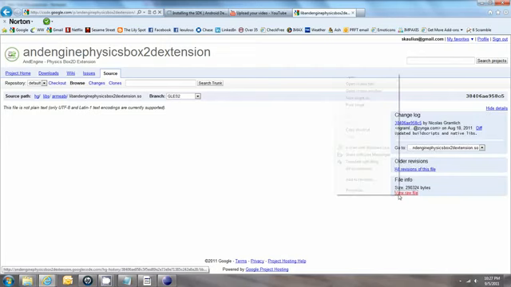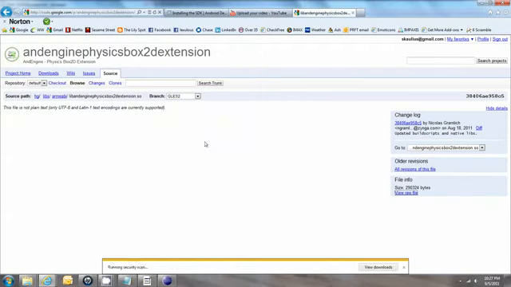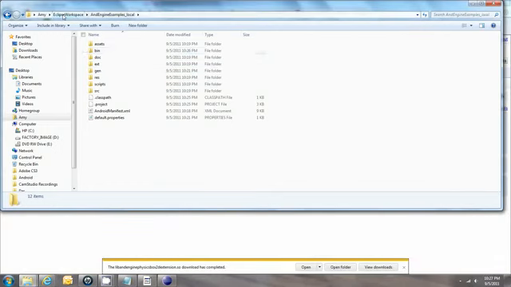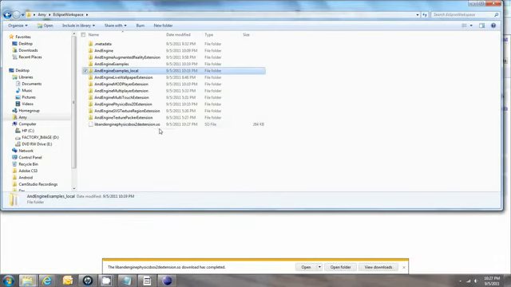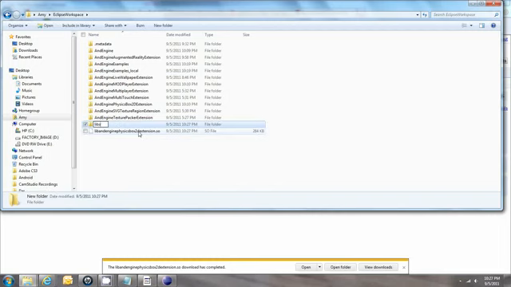We want to save this SO file to our workspace. I'm just going to hit save. And now if I go to our Eclipse workspace, we have this SO file that we need in order to get the Box2D samples to work. However, we need to place this in a specific folder. So you need to create a new folder called libs with an S at the end. And then in there, you want to create an extra folder, and it must be named